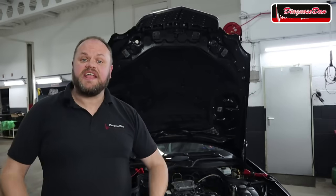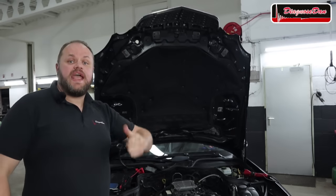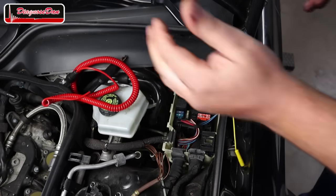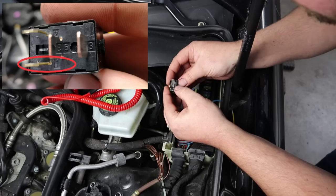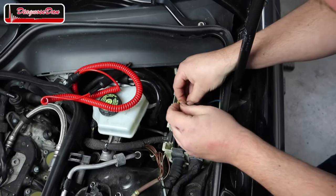So the starter motor is not our issue. In the next step, we're going to take a look at the control side of the relay. The ignition is turned on, and when the ignition is on, there should be power on pin 1 of the relay. Now, according to the relay, this should be pin 1, so that should be this pin in the fuse